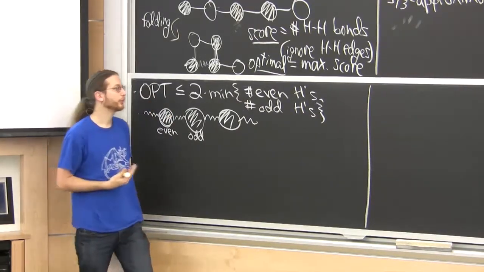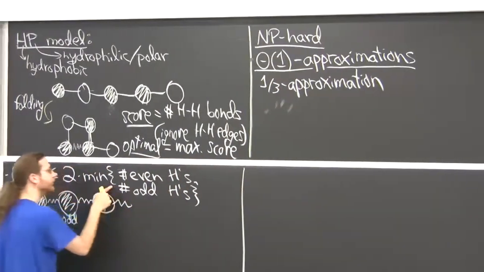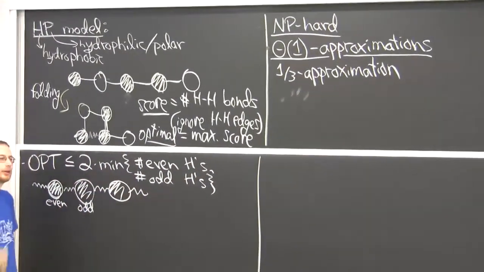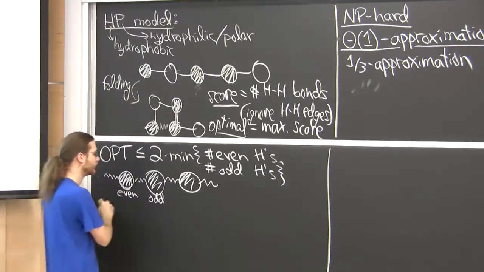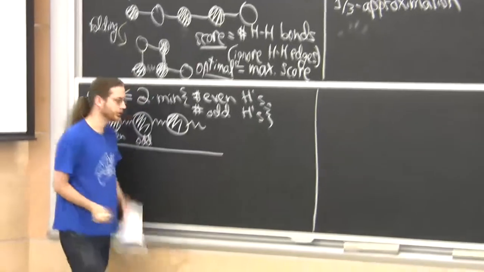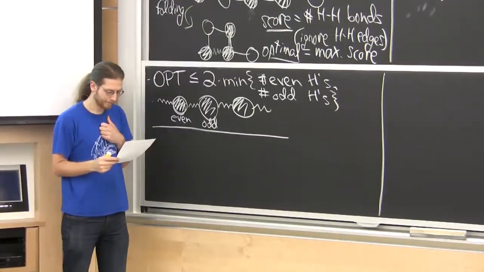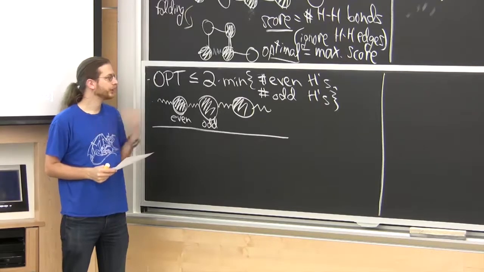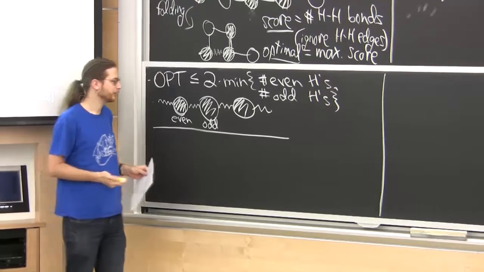Now, what this 1/3 approximation will get is at least 1/3 of this amount. And if you know you get at least 1/3 of this amount, you know you get at least 1/3 of the optimal, because this is an upper bound on the optimal. So that's what the algorithm will do. The general idea of the algorithm is to proceed in stages. At a typical stage,